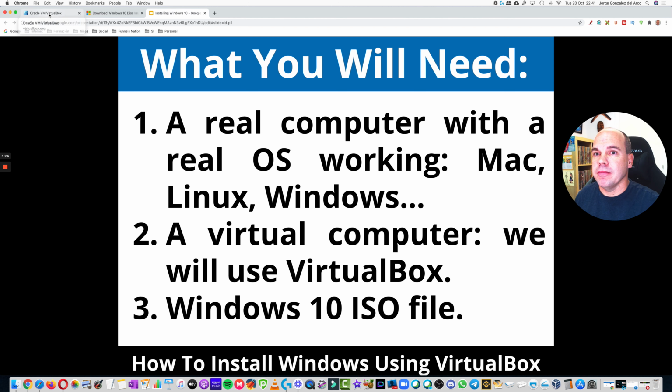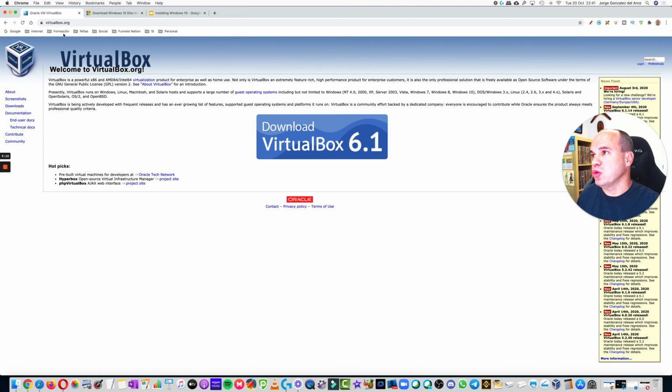So I'm sharing my screen with you, and the first thing you are going to need is VirtualBox, okay? I'm going to leave you in the description of this video all the links that you are going to need in order to install Windows 10 on a virtual machine. So the first thing is going to VirtualBox and downloading VirtualBox. I've already done that, but if you click here, download VirtualBox,